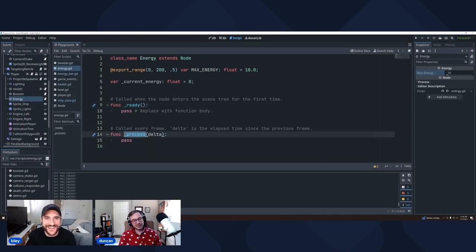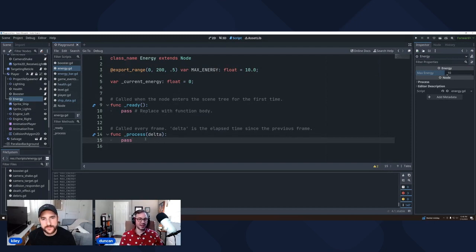And process will run every frame. That's really important in game development and something you don't see much in web development, right? Things are happening every single frame in games, and you need to make changes based on that. Whereas in web development, it's normally, okay, I've done an action, something has changed, right?